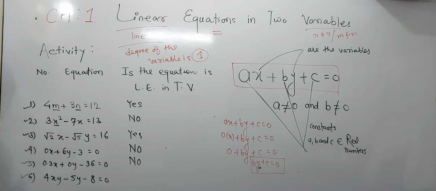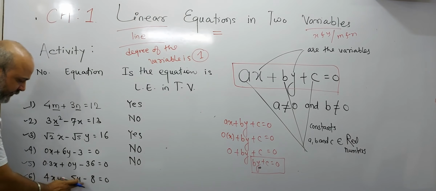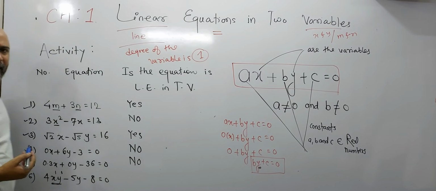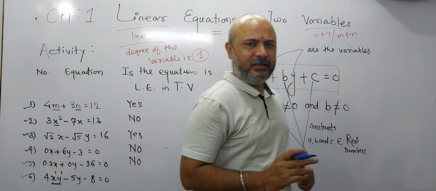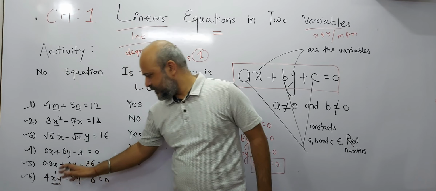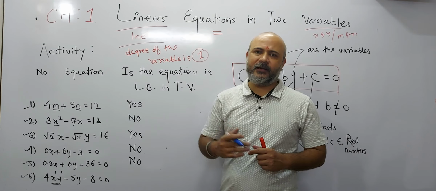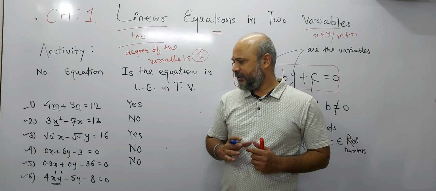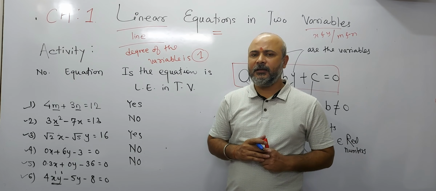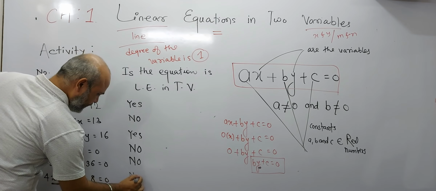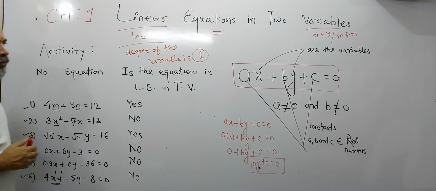And when you will see sixth one, that is 4xy minus 5y minus 8 is equal to 0. Here the degree of the variable x is 1 and y is 1. So they are in the form of product. So total degree will be what? Highest degree will be 2. 1 plus 1. And we can say that if the variables are in the product form xy, mn, okay, 4xy, 2mn, 3mn, 4pq, so you can say that this will not be a linear equation in two variables. So again the answer is what? No, this is not the linear equation in two variables.